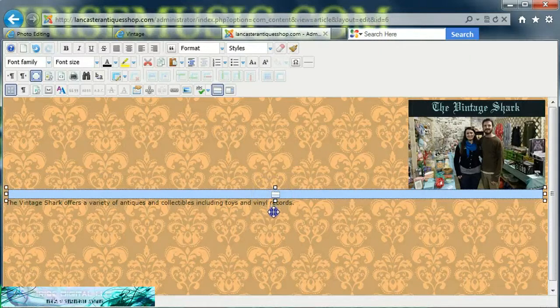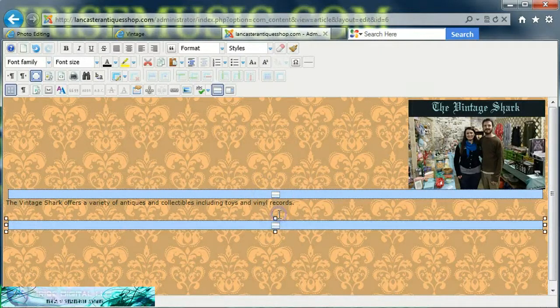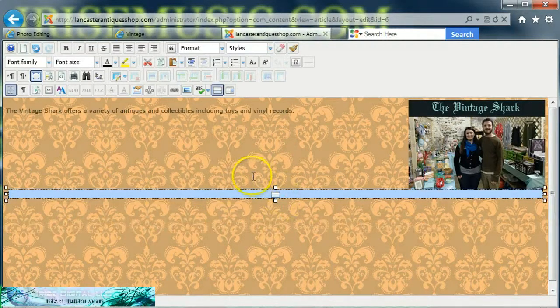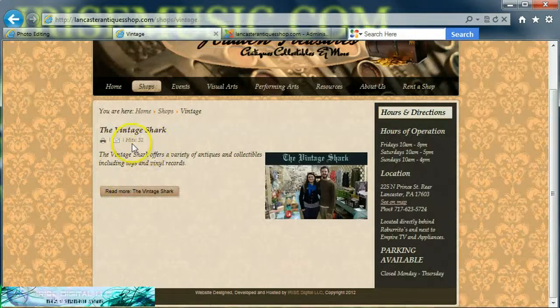Let's move it below. Okay, now the read more is underneath. What we would do here is that we would create the rest of the article. I'm not really typing any words, obviously, but you'd create the rest of the article, you save it, and then when you go to the category blog,